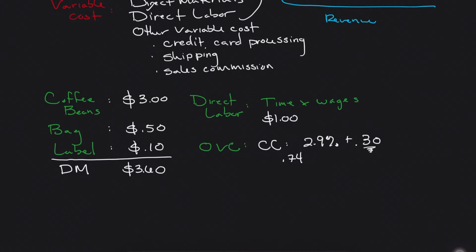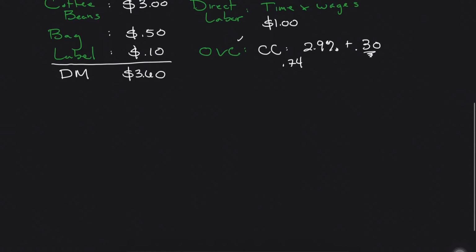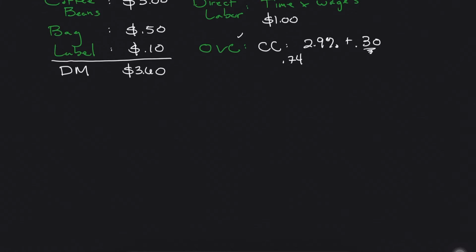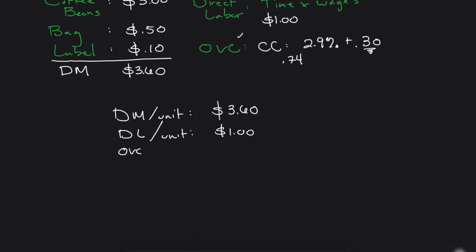So let's add all these three up. Now, for your business, you're going to want to make sure and again, go through all the direct labor, think about your other variable costs and all of your direct materials. So I'm going to move down here and I'm going to list all these. So we've got direct materials per unit, which means per bag sold in this case, of $3.60. We've got our direct labor per unit of $1. And then we've got our other variable costs per unit